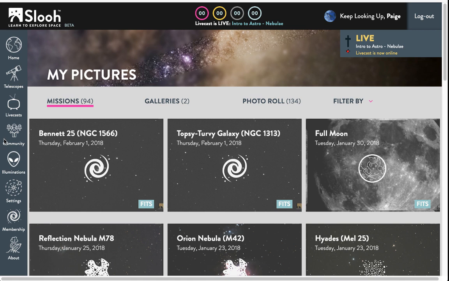By about 1920, Edwin Hubble, who I mentioned last week on my galaxy show, measured the distance to a Cepheid variable star, a star that was pulsating in a nebula. And when he measured this distance, he realized how far away it was, and that this nebula was not just any old nebula at all. It was actually another galaxy. And that was the revolution of multiple galaxy systems in our universe.